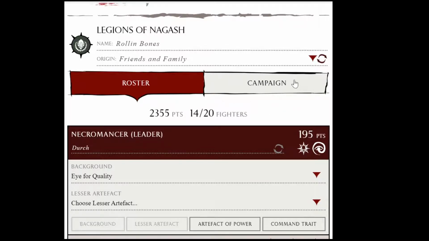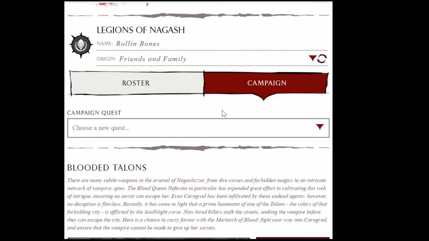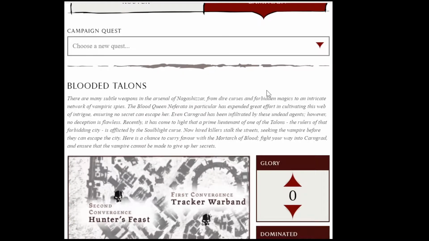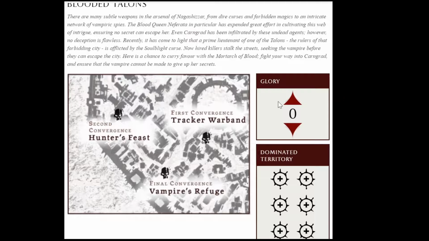Then you can come into campaign and you can choose a quest, and there's quests in the core book as well as in the Bringers of Death, and I am going to go with the Blooded Talons. Here in campaign mode, you can track your glory points from the aftermath